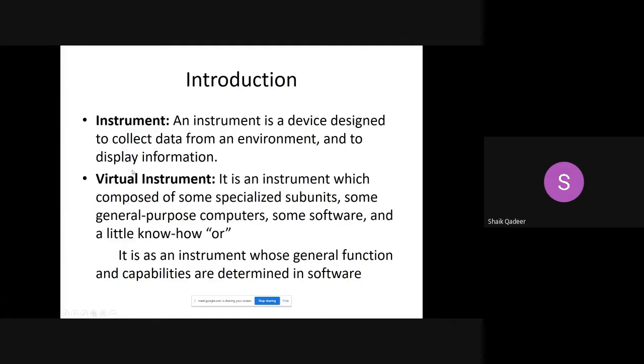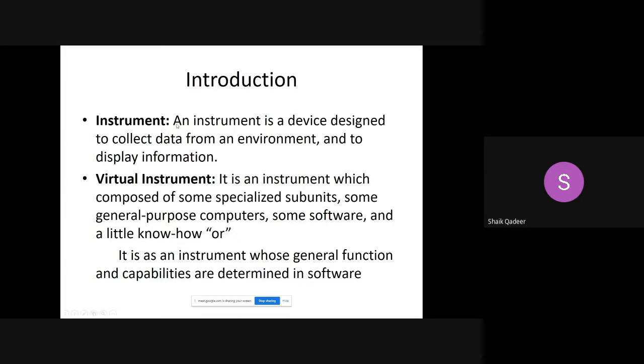Yes, any more thing an instrument can do, but the broader aspect of instrument is it is meant to collect data from environment, and its next purpose is to display. Instrumentation is different, instrument is different. Please understand the difference between these two. Instrumentation is nothing but our entire course, which covers measurement, signal processing, control, as well as display. Instrument is actually a part of instrumentation, right?